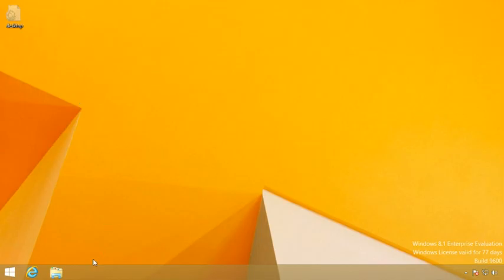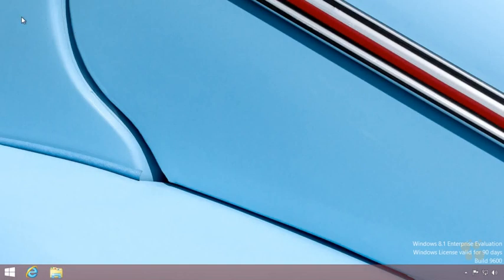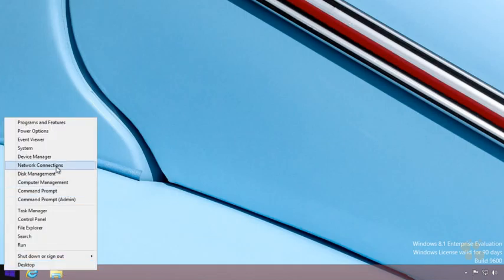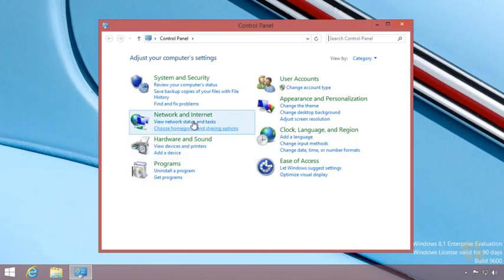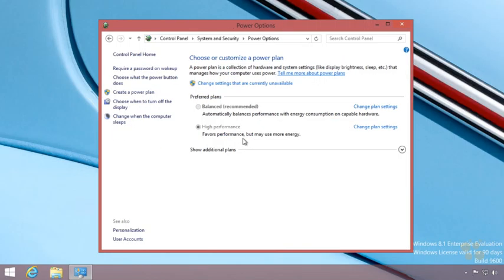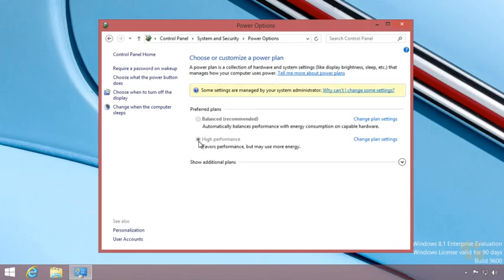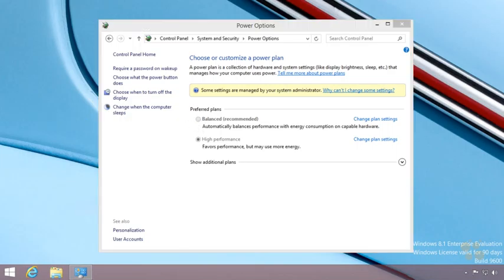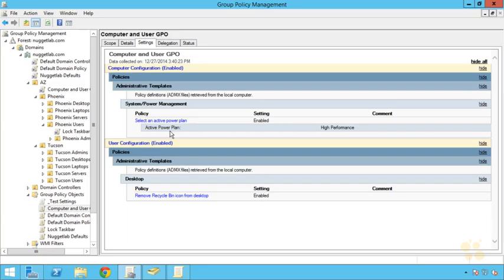There's no recycle bin on this computer where I've got a user logged on, and I can't change the policy even if I'm an administrator. So here I'm an administrator. Again, I don't have the recycle bin. But even if I try to go into, let's say, control panel here, where's my control panel? There it is. And I go into system and security, and I try to adjust the settings for the power options. Notice that even when I click on this link, which would normally give me the permission, I can't change it. It doesn't let me choose balanced here. That's because of this policy right here for an active power plan,